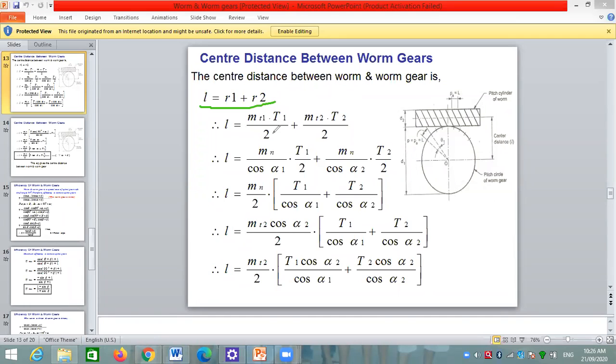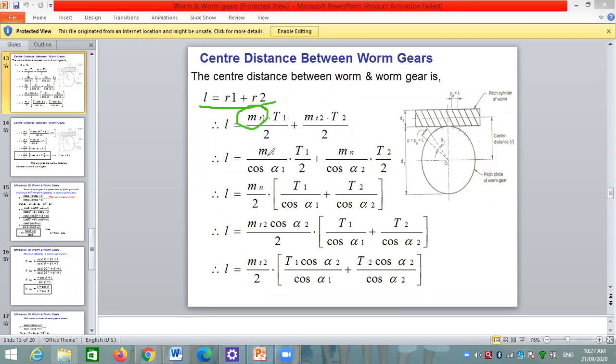We know that if we want to write a transverse module in terms of normal module, then transverse module is equal to normal module divided by cos of the helix angle. Therefore, we can write here MT1